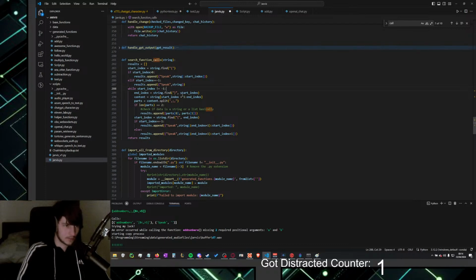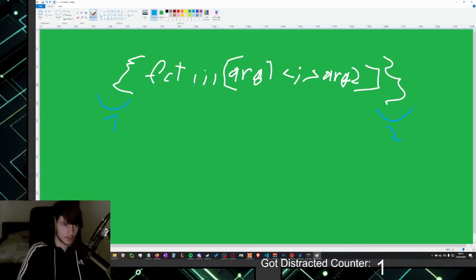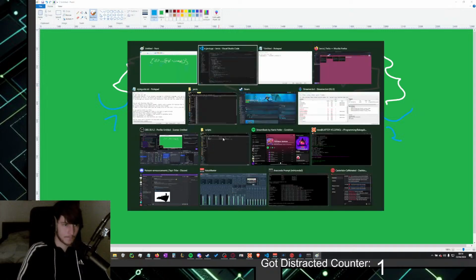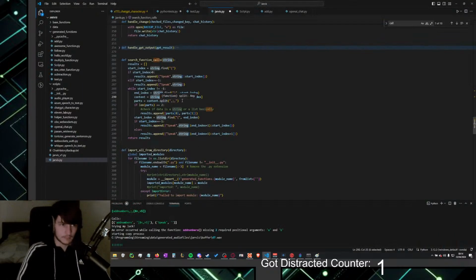Yes. Content is string of that. Oh no, wait, this content is not string of that. This content is string with these indexes. And the parts get split by this thing. And then it just does that over and over again, right?